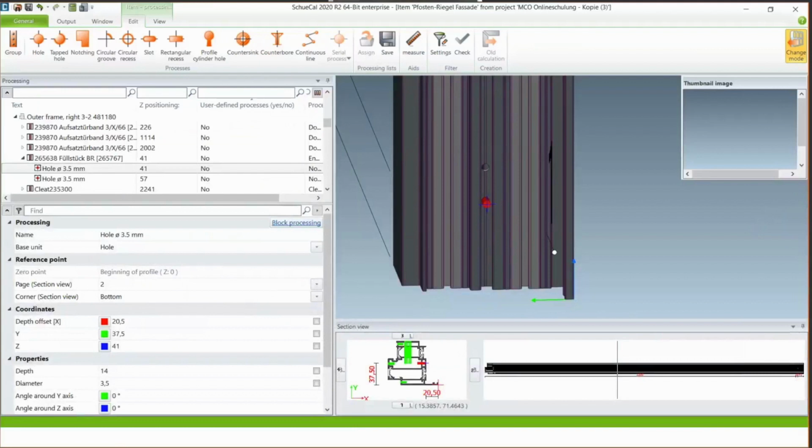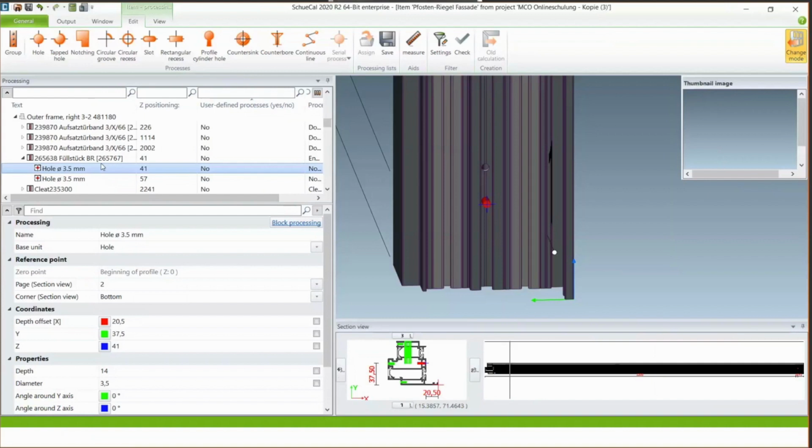So here in Schücal, I'm already in the MCO mode, and I'm on a profile where I have a hole with a diameter of 3.5. In the tree structure, you can see my hole, and below you see it's 3.5 millimeters.